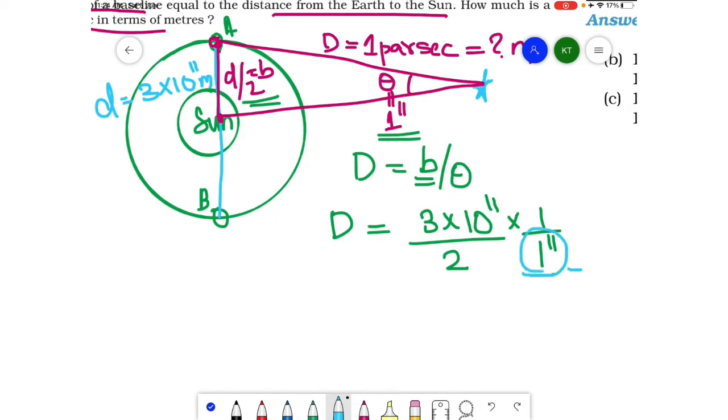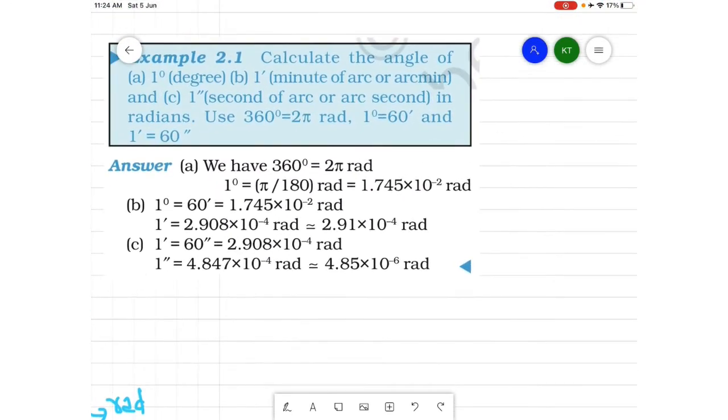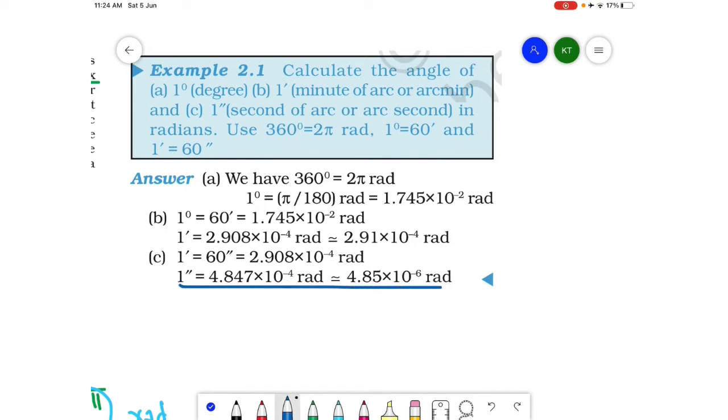We need this value in radians. Now how do we do that? We saw in one of the videos, and this is one of the examples in NCERT. It shows us how to convert 1 second into radians. This is basically 1 second will be equal to